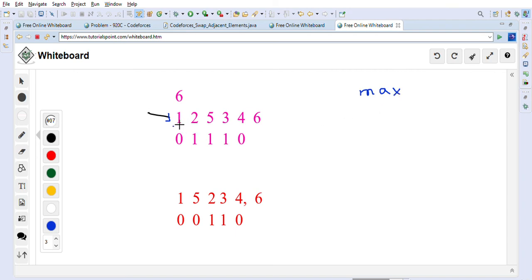We are at 1, so max becomes 1. Now we are at 2, max becomes 2. We are at 5, max becomes 5, and we are at 3, and always we will compare the max with the next element. The next element is smaller, 3 is smaller than 5, then we will check if it is swappable or not.